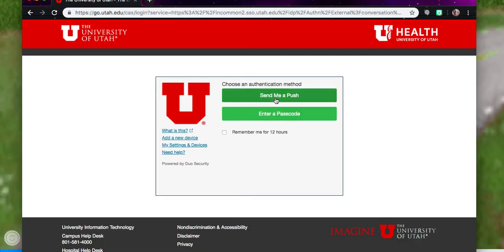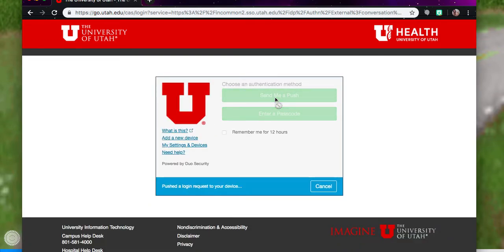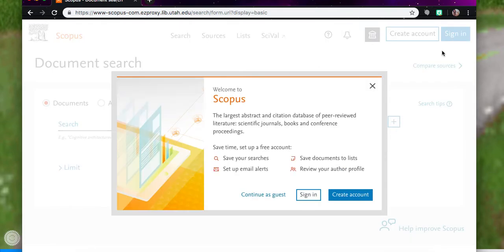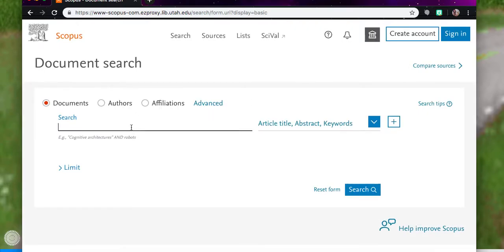science-heavy database. Don't mind me signing in here. This is like an extra step, I think, if you're an employee of the university. Anyway, so we're going to sign in, and I'm going to do a search for, I'm going to close that up, and I'm going to do a search for my technology, which is, I'm going to make something up right now. I wish I had thought of this earlier. We're going to go with